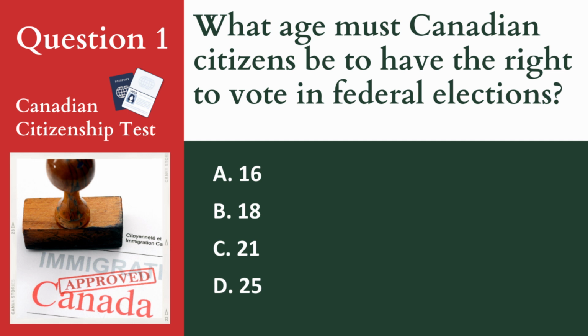Question 1. What age must Canadian citizens be to have the right to vote in federal elections? A. 16. B. 18. C. 21. D. 25. Answer. B. 18. Canadian citizens who are 18 years of age or older on election day have the right to